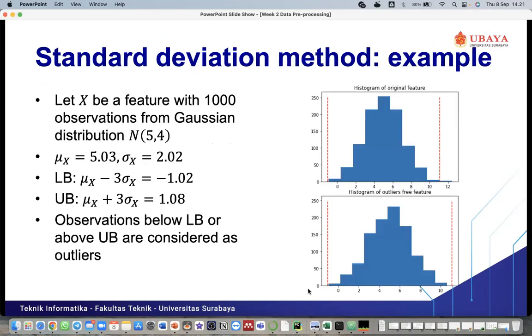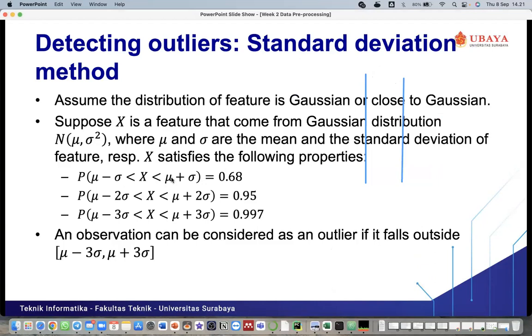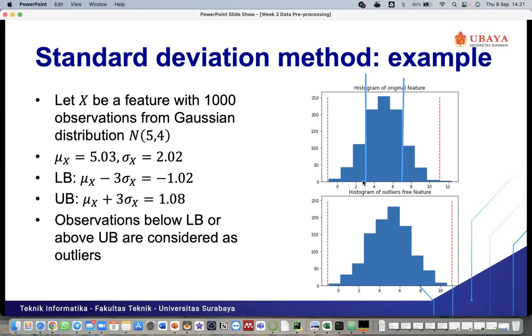So we can move to the next slide. This one is just an illustration. Let's say that this range is from mu minus sigma to mu plus sigma. So this one is mu minus sigma and this one is mu plus sigma. The probability that the values will be in this position is around 68%.